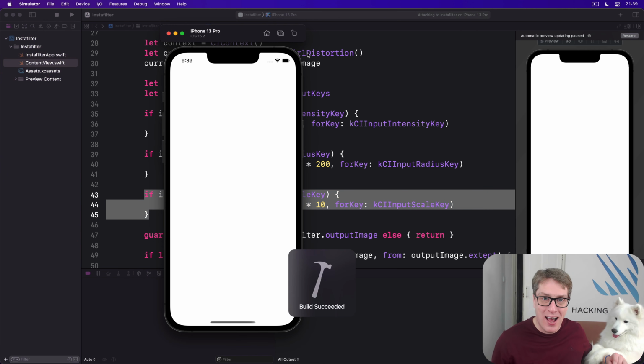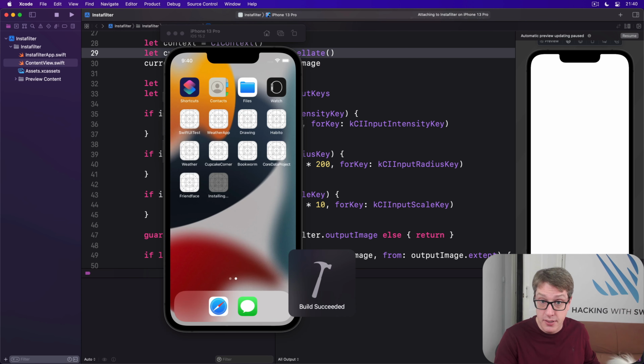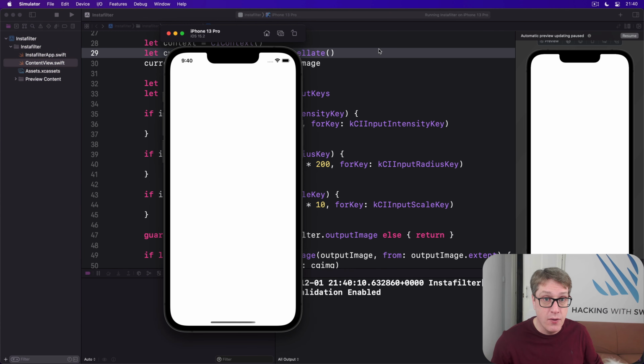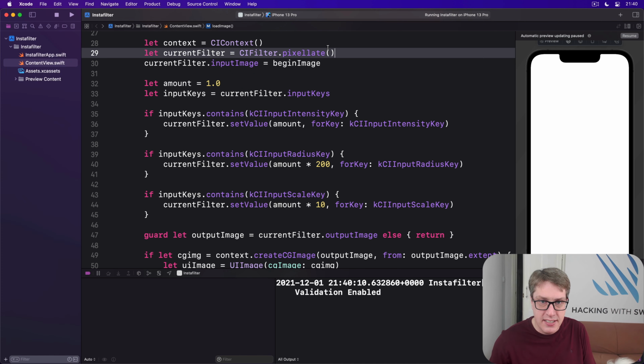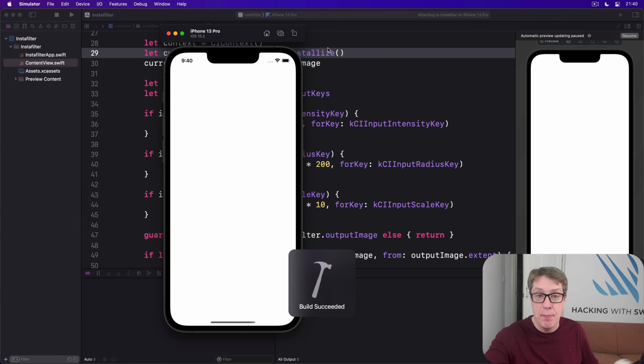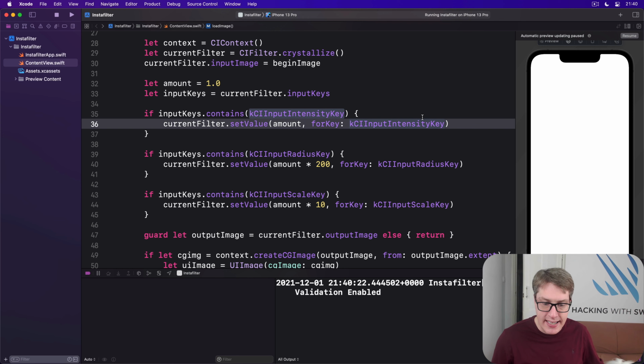Now we'll get our twirl distortion. It's in the corner now because I haven't changed the center point. But that's there now. And then I could say pixelate with the same code. Nothing else is changing because the rest of it isn't having to change. Let's pixelate, all little jaggy edges now, and then we'll do crystallize. All the same code. So no longer adding the values to the type, we're injecting into this dictionary instead, like that. There we go. So it's all now relying on setting these values for keys,